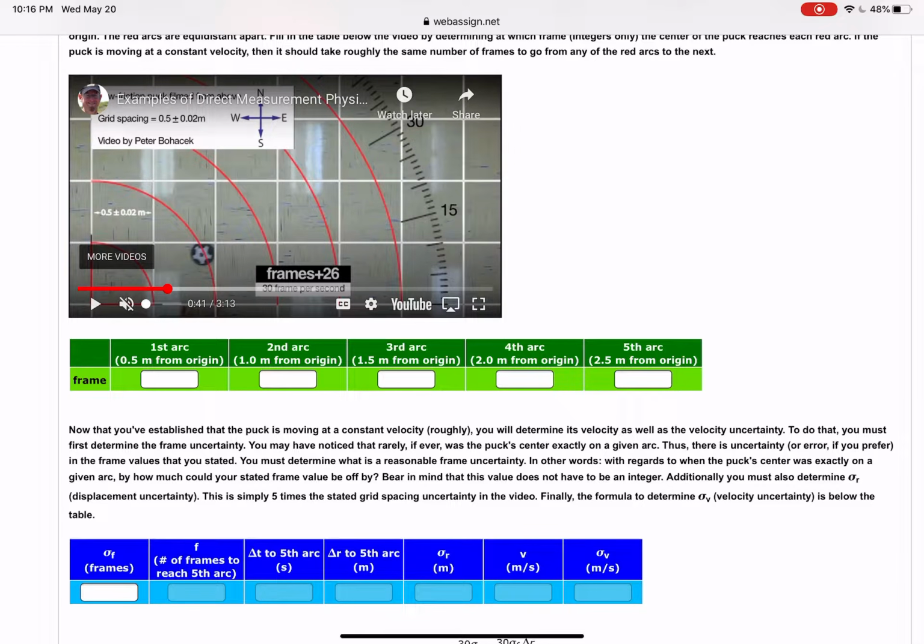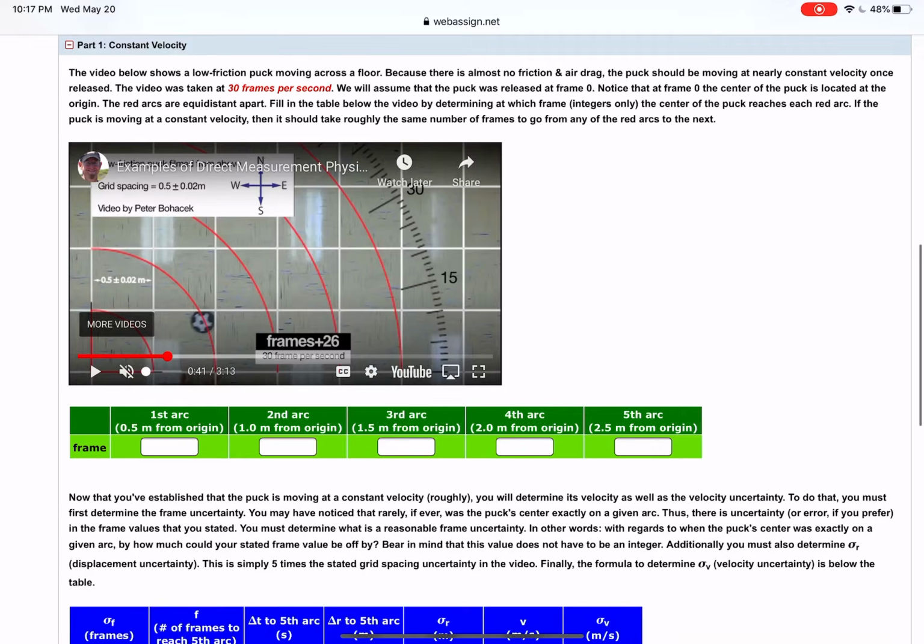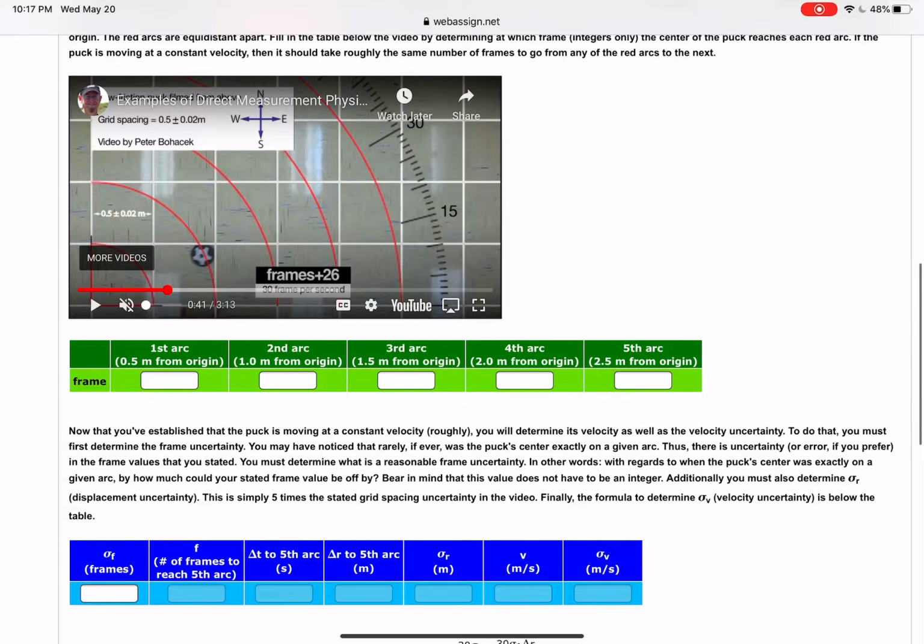Then you have to put the frame that reaches the fifth arc. You've actually already done this in the green table. It was the last entry in the green table. From that frame, you should figure out how long it took to get to the fifth arc. You can do this because the video states it right there and also up above in the red. This was filmed at 30 frames per second,